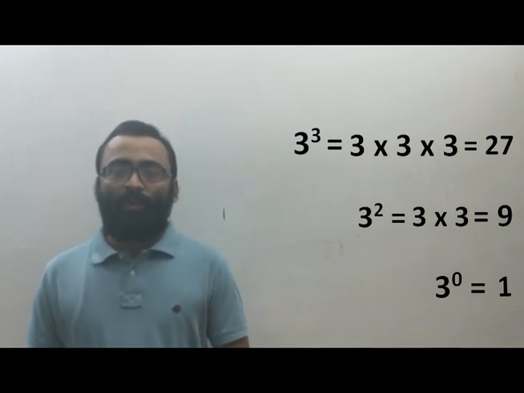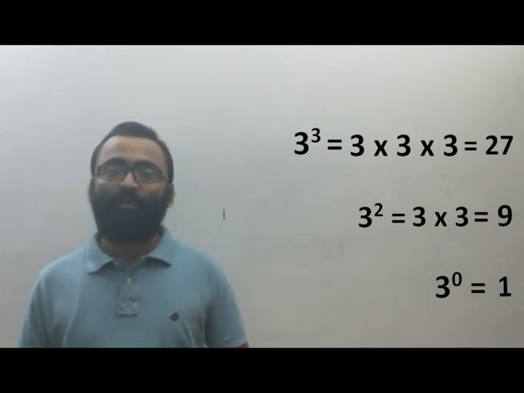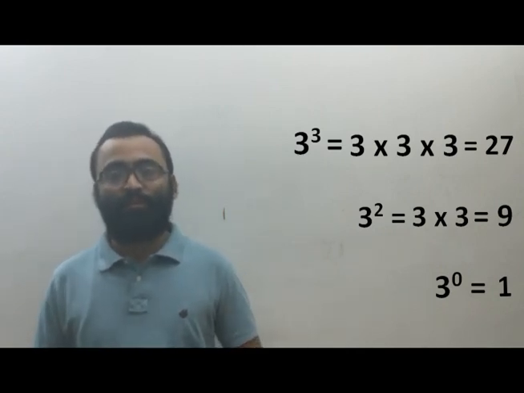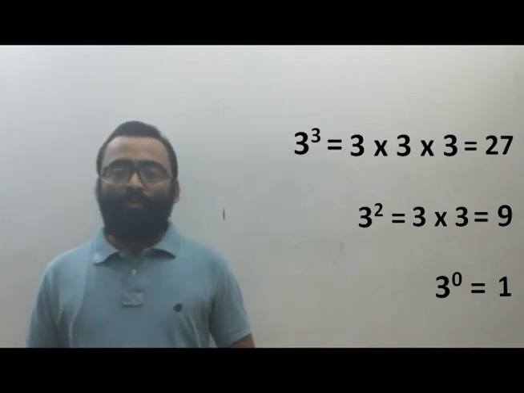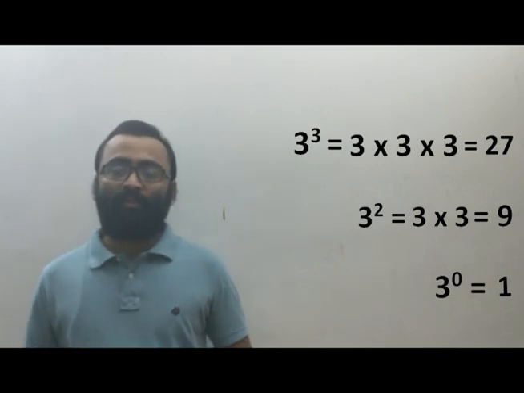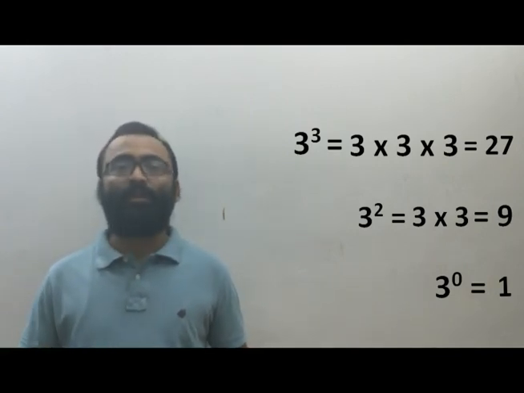Now if I ask you directly what is 3 cube, you can answer it is 27. What is 3 square? It is 9. What is 3 to the power 0? It is 1. Okay, now if I ask you in this way, to get the result 27